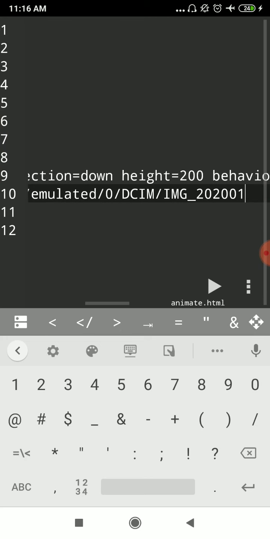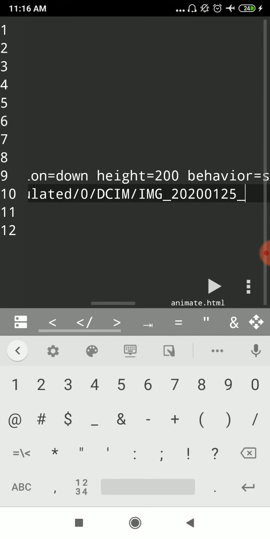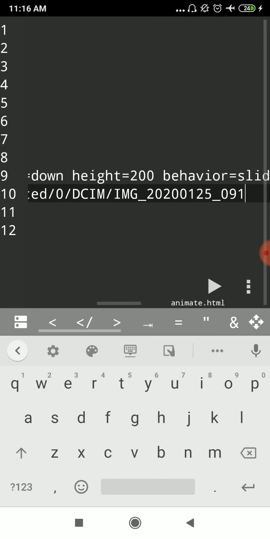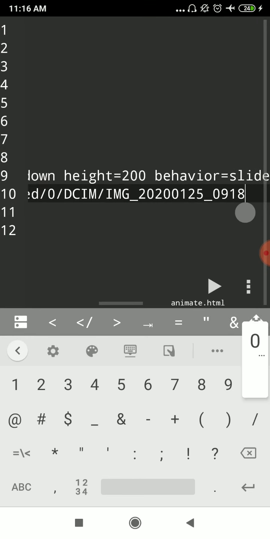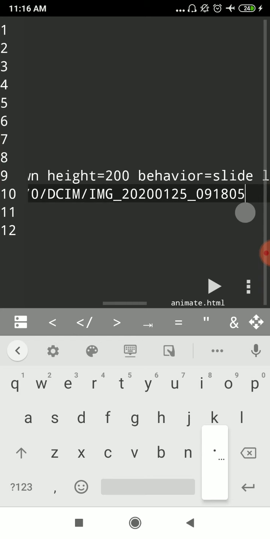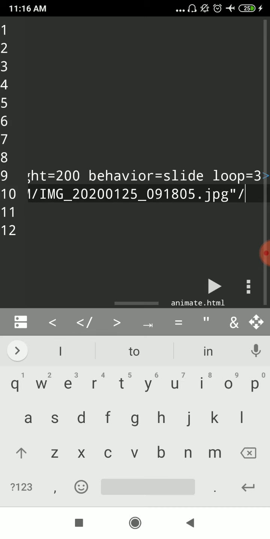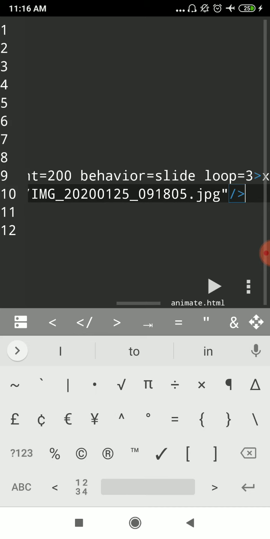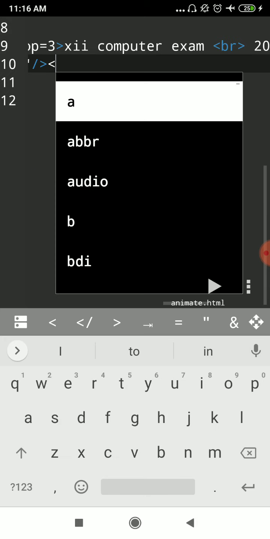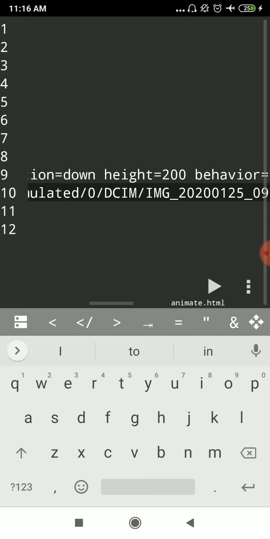125, let me complete this. 125 underscore 091 805. Just excuse me for switching the apps to read the name. Okay, so I may end up in error because of the spelling, but let me try and hopefully it comes.